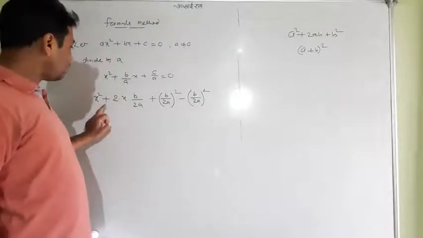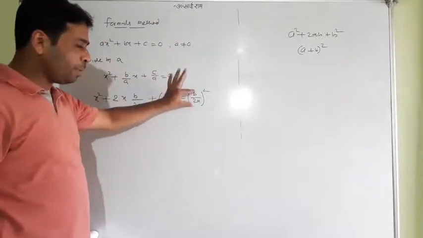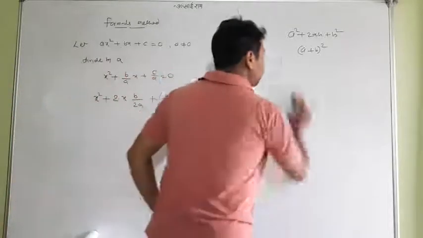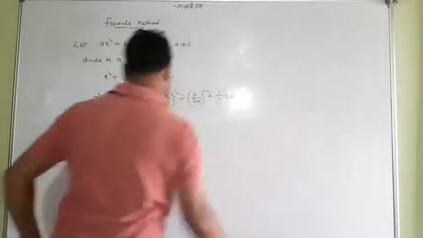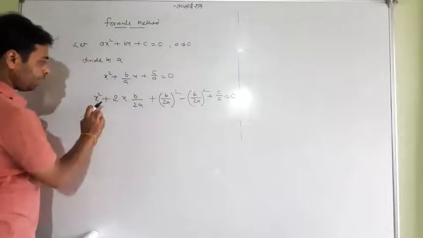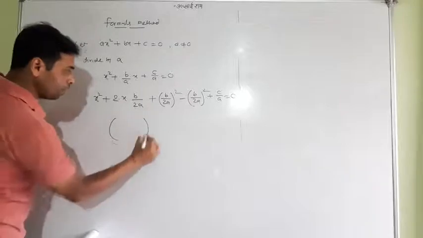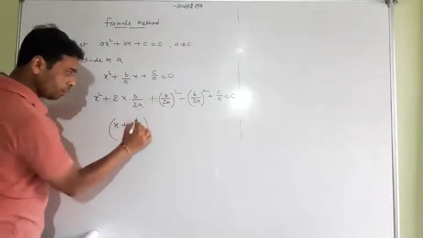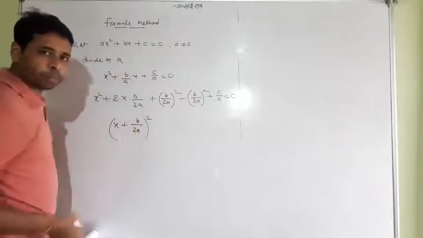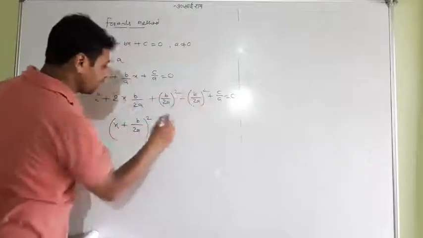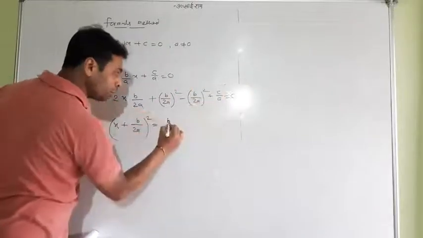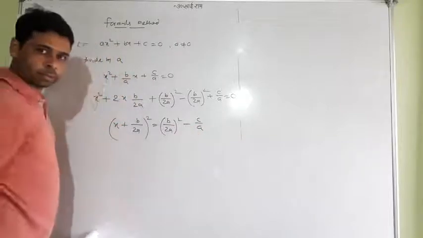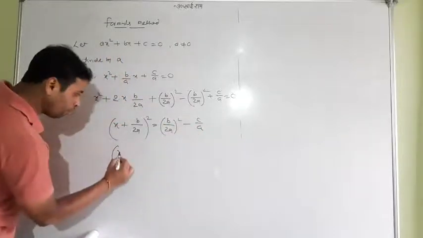So a square plus 2ab plus b square add, b square subtract, and only c by a is right here. Hope you have got it. Now, the first three terms a square plus 2ab plus b square are going to be (a plus b) whole square, as I wrote the formula. Now these two terms I will transfer that side. So this minus will change to a plus, and this plus goes to minus. So I will now solve this one before taking square root.